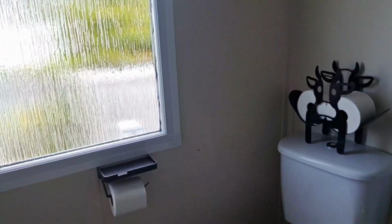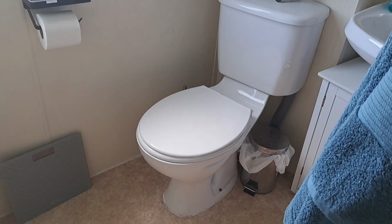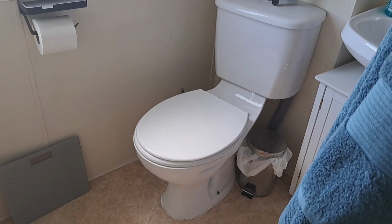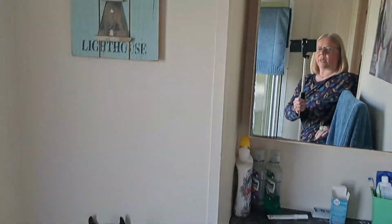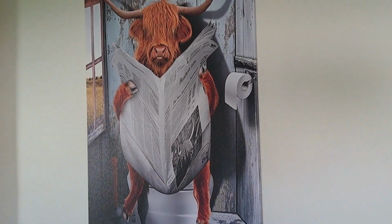You can show them the diagonal toilet, which my son thought was very odd to sit on. I'd never noticed that before, actually. It was only once he mentioned it I thought, oh yeah, it's going into the room diagonally, isn't it? Which actually makes a lot of sense. There I am again, one of our very nice toilet pictures. I've got a few of those. And then we've got our